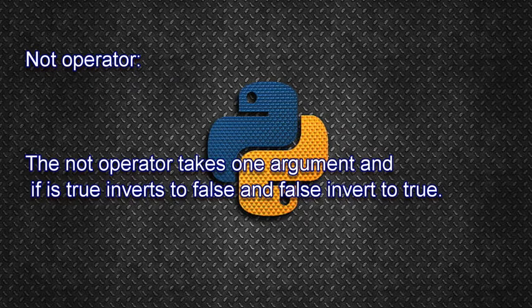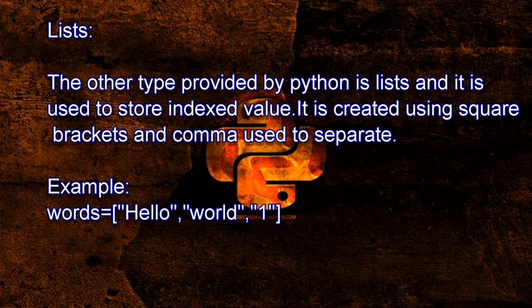So we can check whether one condition is true or the other condition is true, with that kind of operator. Another type that is used in Python is the list. When we are talking about the list in Python, it provides us with indexed values. If we want to give any value or any message, we can just assign some values, add them in the square brackets, and print those values.